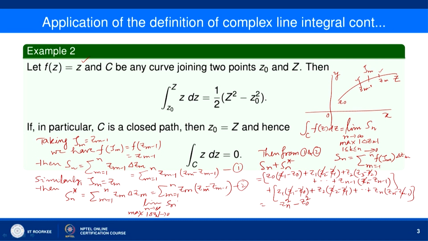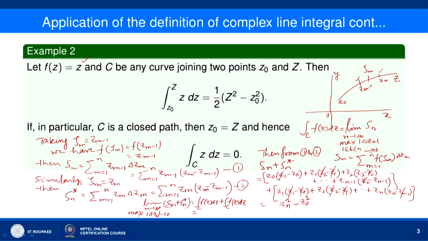Sn plus Sn star, by our definition, the limit of Sn is the integral over C f(z) dz, and the limit of Sn star is also the integral over C f(z) dz, because zeta m can be chosen anywhere on the curve between Zm minus 1 and Zm. One time we have chosen it as Zm minus 1 and the other time as Zm. So this will give us the same limit, okay. So, plus the integral over C f(z) dz,